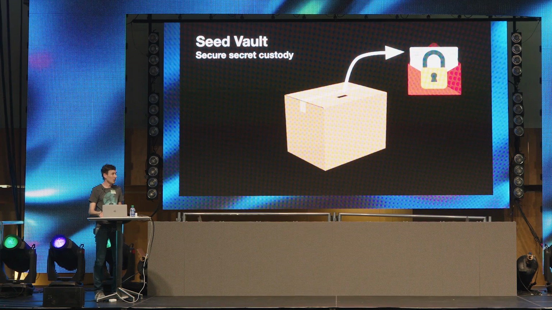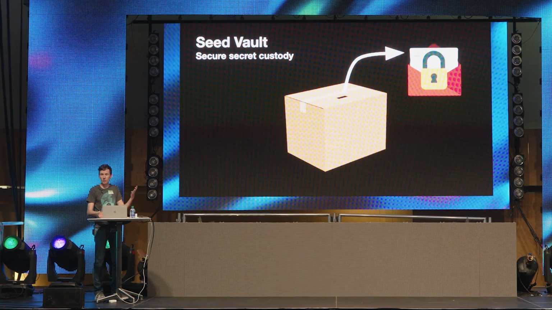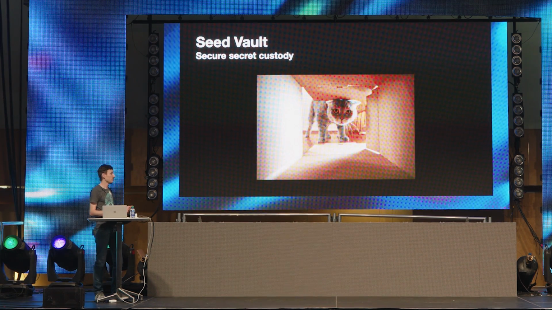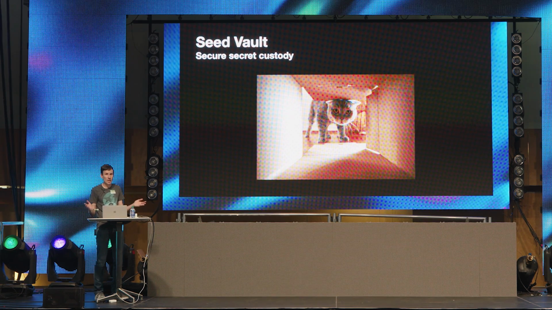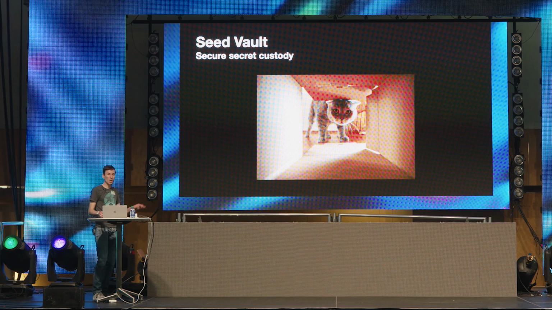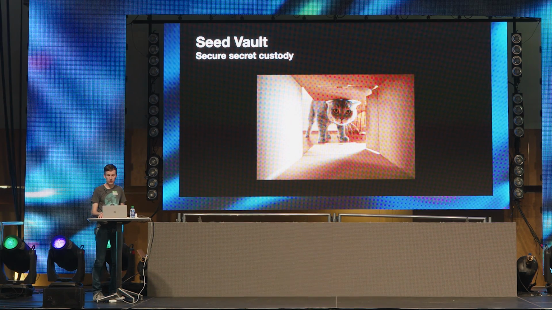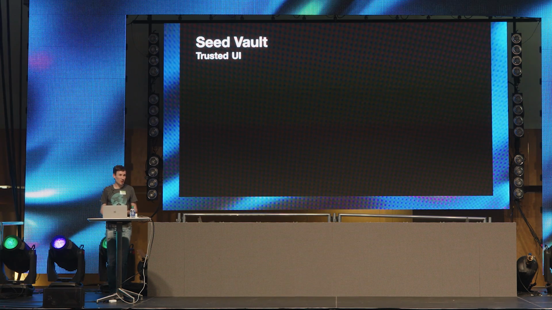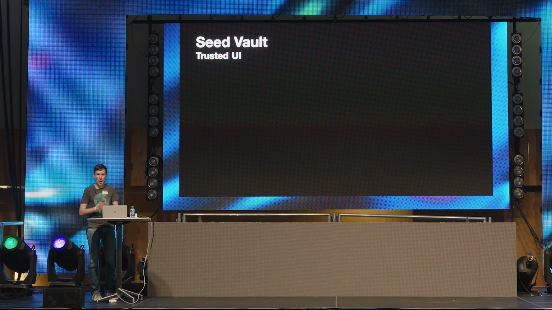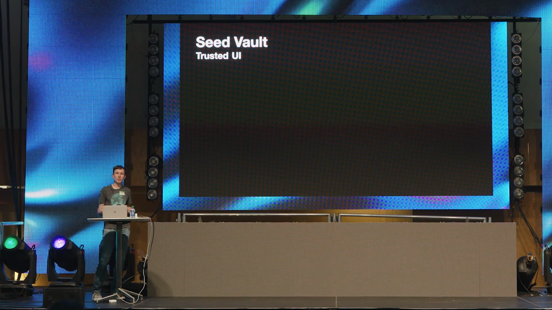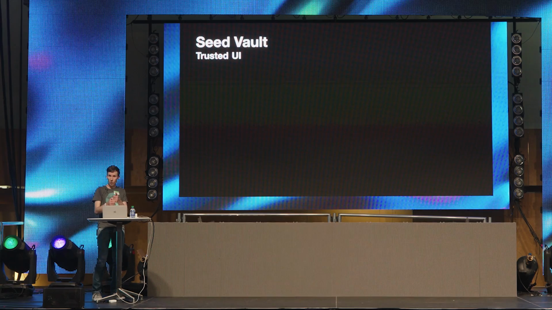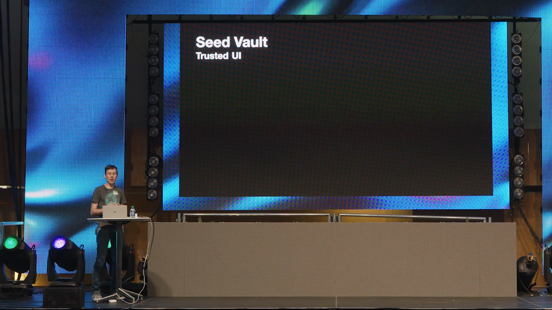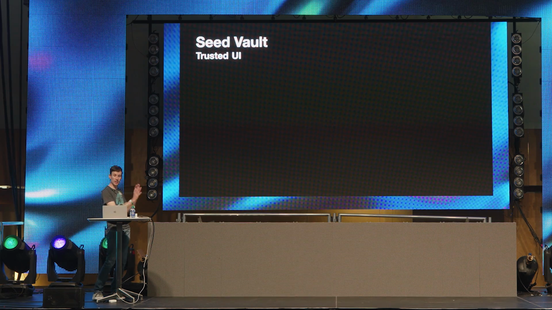Secure custody for your keys that does all of the useful things that you want a wallet to do, like signing transactions and signing messages. But again, when you look inside of it, nothing to steal. That is the low-tech definition of what's going on with secure elements on a phone. There's another interesting thing I want to talk about with Seed Vault, and that's trusted UI. Whenever Seed Vault needs to show some interface to the user, maybe it needs to ask them to sign a transaction and it wants them to put down a fingerprint or type in their password, those pixels that it puts on the screen